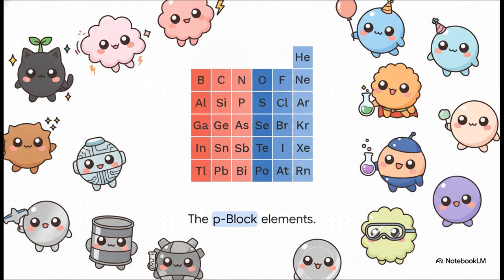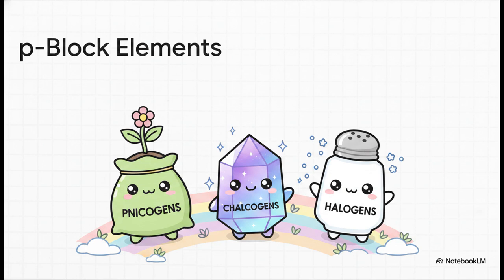Swinging over to the right side of the periodic table, we find the incredibly diverse P block elements. Make no mistake, this is a very different neighborhood entirely. The P block houses a real mix of metalloids and nonmetals, spanning groups 13 to 18. What I absolutely love about this block is the history baked right into the group names. We have the pnicogens, meaning fertilizer producers, the chalcogens, or ore producers, and familiarly named groups like the halogens, which literally translates to salt producers. The names tell you exactly what they do out in nature.